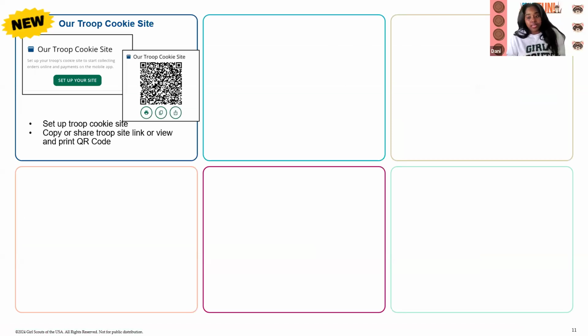Our troop dashboard has 6 different sections. New this year is our troop cookie site. Troop volunteers will only need one role. All troop volunteers have access to the troop site. When you first log in, you will see a Set Up Your Site button. Once the troop site is set up, this box will have the troop site, QR code, and easy to share